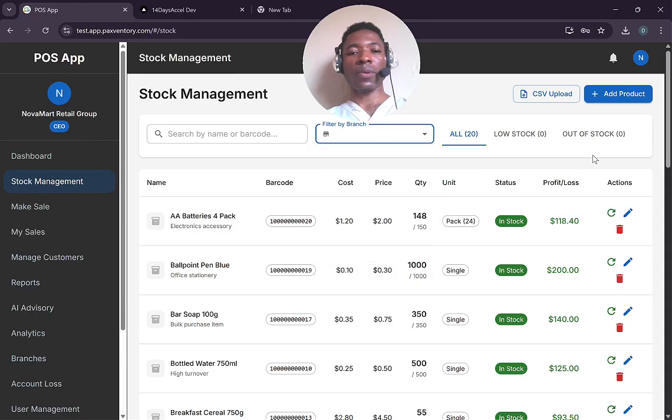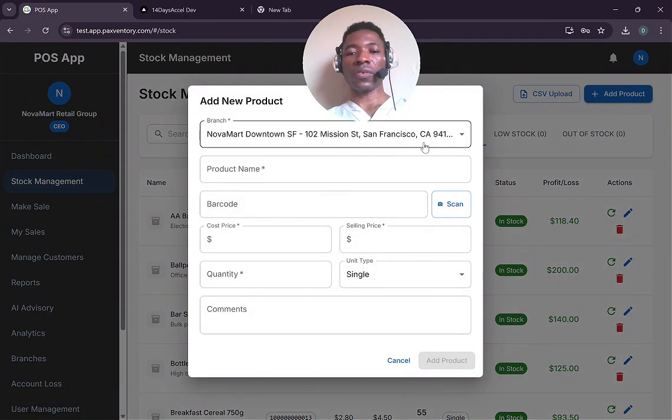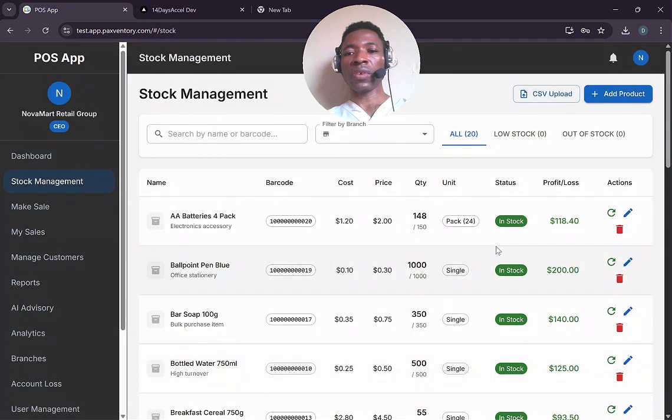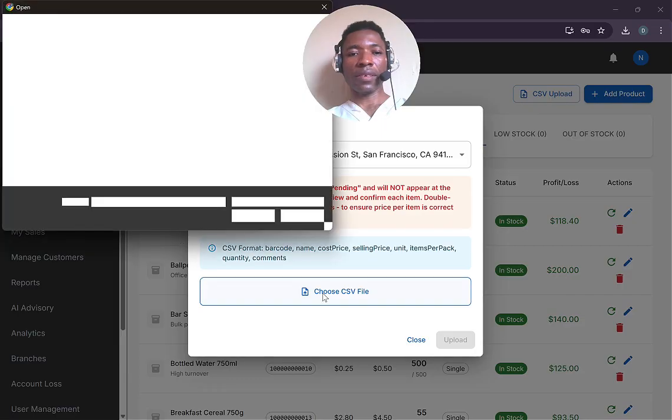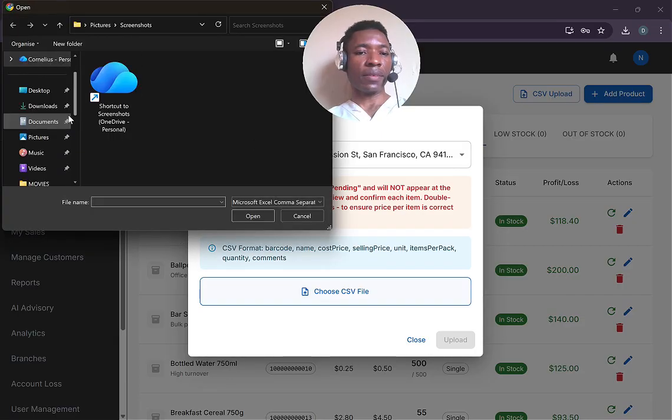So let's just explore the stock management page. You can add product to stock from here manually, but that is a lot of work. You can simply upload a CSV file here. I have already uploaded this, the file that's already on my computer is what I loaded this stock with. So even if we are updating it, there will be duplicates and it will not add. But let's see how it flows. You simply click on upload